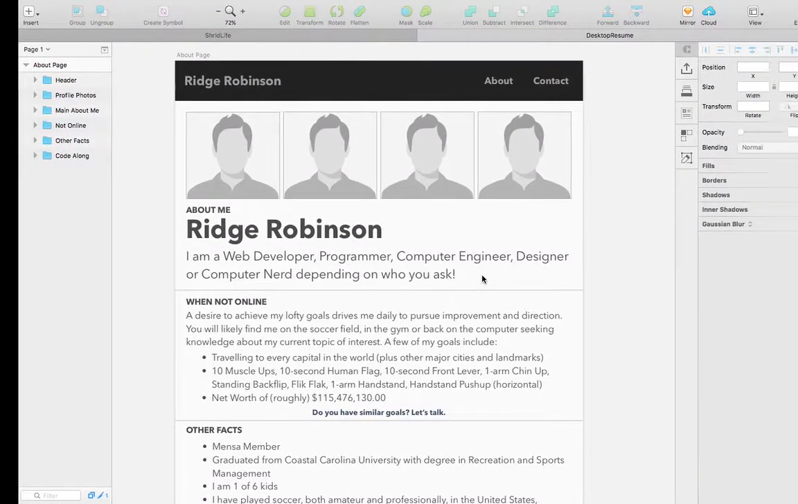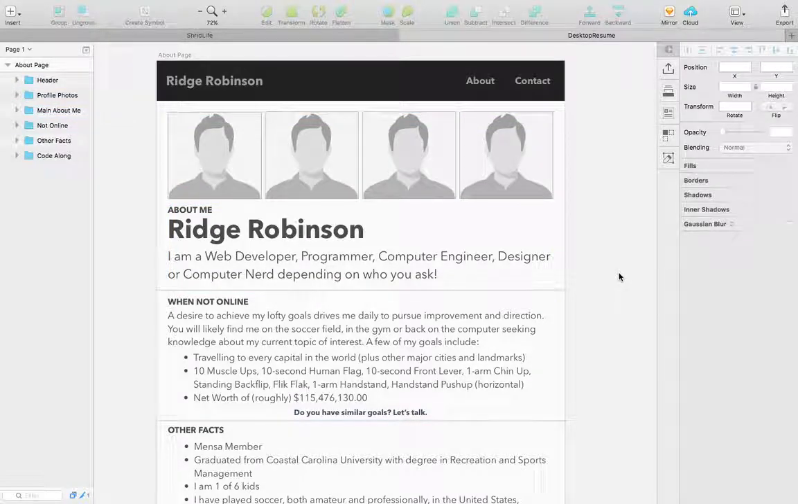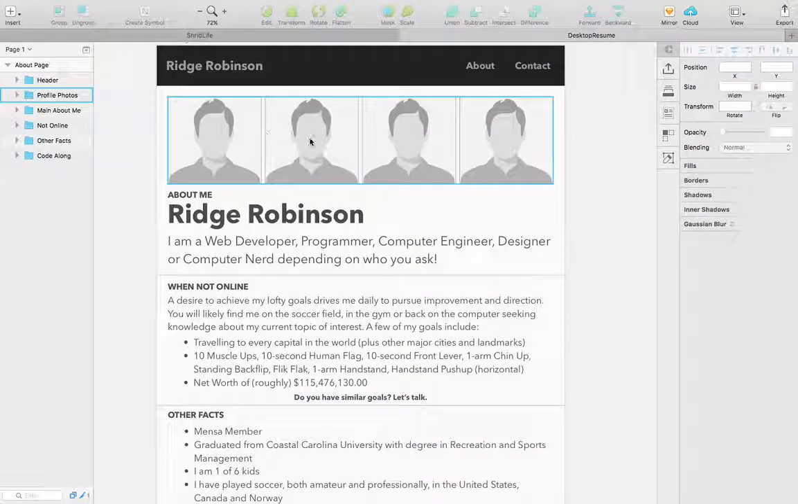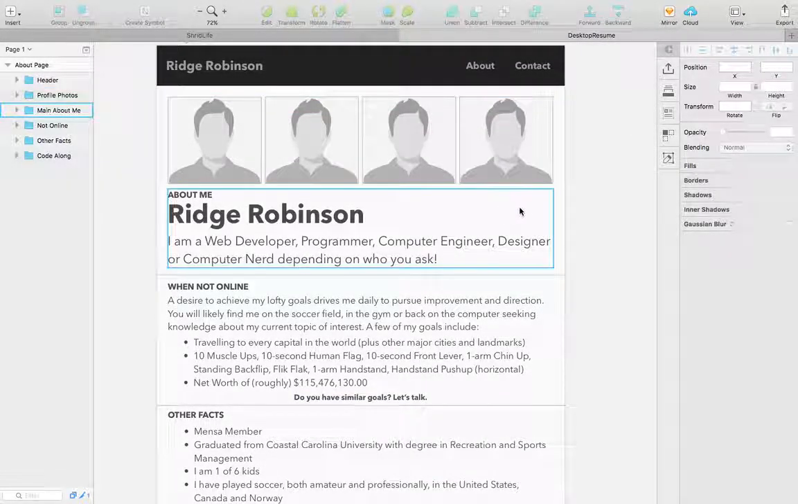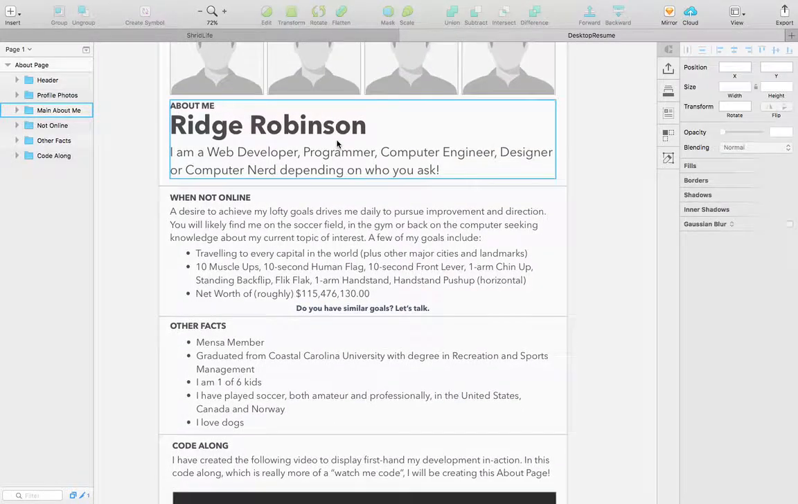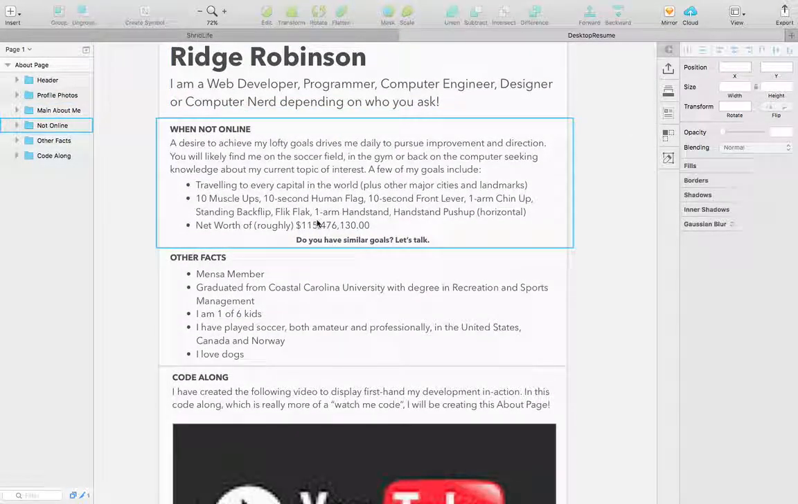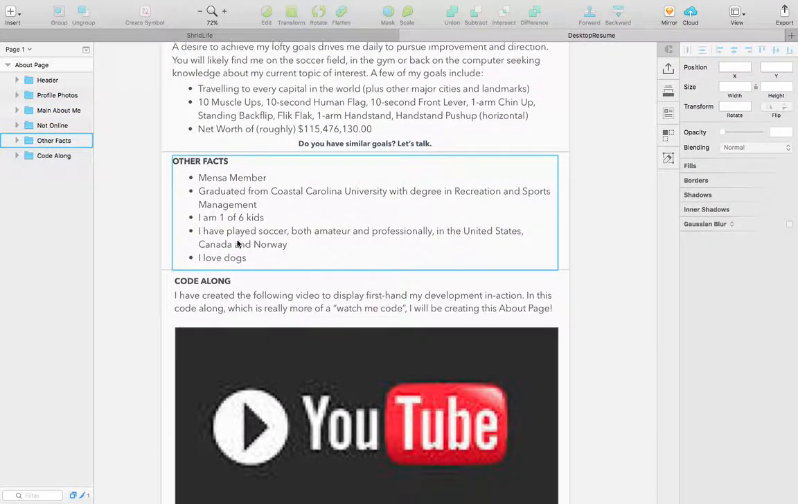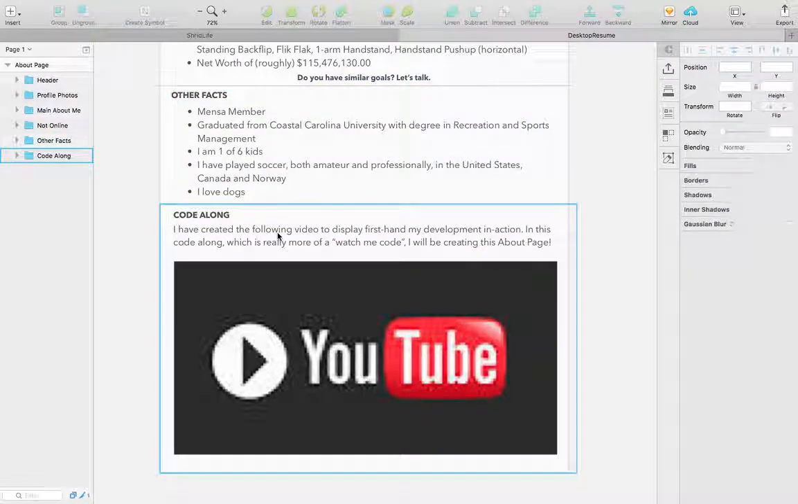I have built a sketch version of what I would like this to look like, just so we get an idea of what we're going for. So I'm just going to throw some images at the top. I'm going to actually rotate them some because I think that would look pretty nice. Just a little about me, some text right here, then a section of when I'm not online, a section of other facts, and then we're going to have this video